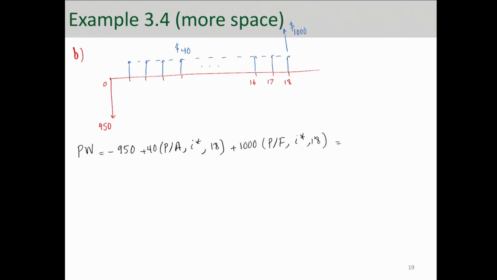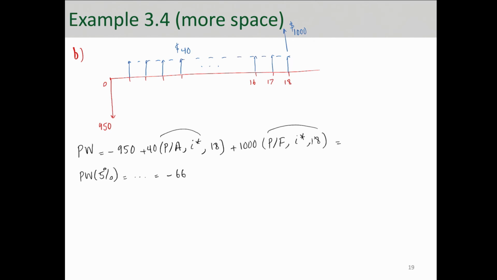And if we set that equal to 0 and solve for i, you can do that again mathematically by replacing the factors with their formulas, or trying different i's here in order to get a positive net present worth and a negative net present worth and do the linear interpolation. In this case, what I'm going to do is calculate the present worth at 5%, and if I do that and get these values from the table, I'll get